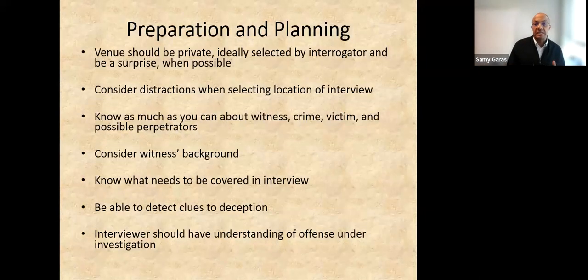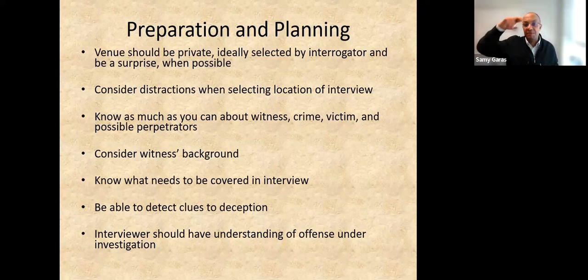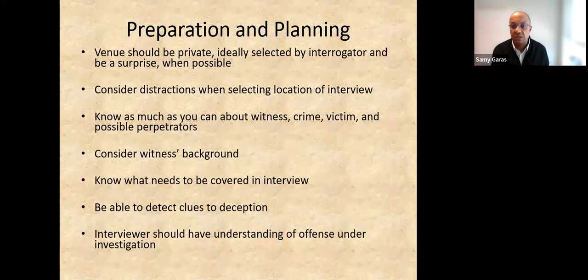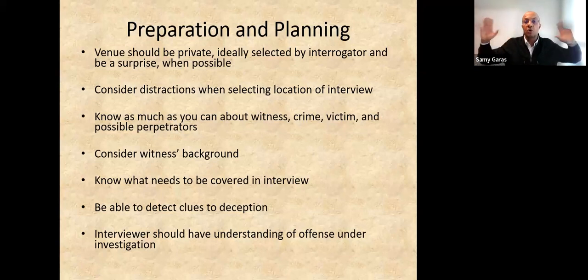When we make the preparation, as I said, number one, we look at the venue. The venue should be private, usually an empty room. We prefer an empty room with a table and 3 chairs, one for the interviewer, one for the interviewee, and one for the person who is taking notes. We prefer to have 2 persons so that if the perpetrator says, I didn't say that, then we have 2 witnesses to say, yes, he did. So the venue should be private, without open doors or open windows, to give more comfort for the interviewee to answer all the questions.